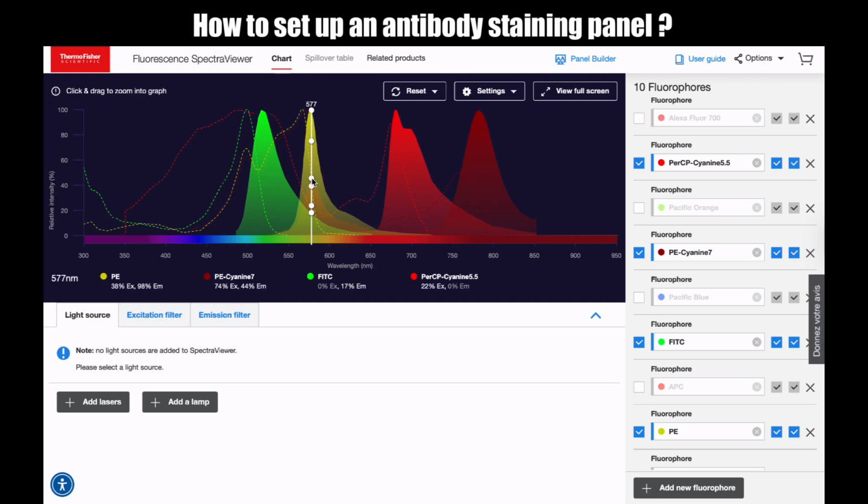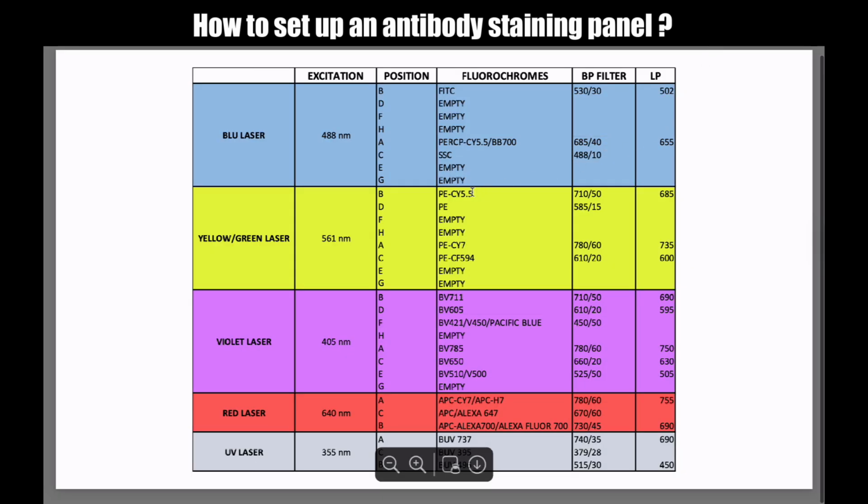I mean, there is an overlap with FITC for the PE, but you will be able to separate them through the instrument, also because of compensation. Anyway, you have now to check again your configuration. So for PE, the bandpass filter is 585/15 and PE-Cy7 is a different 780/60. So you will be able to analyze this. So it's fine.